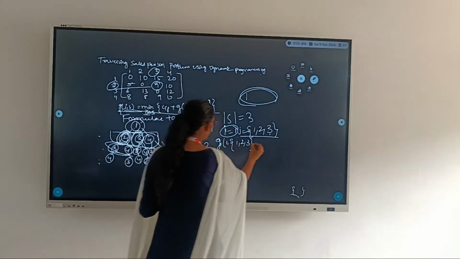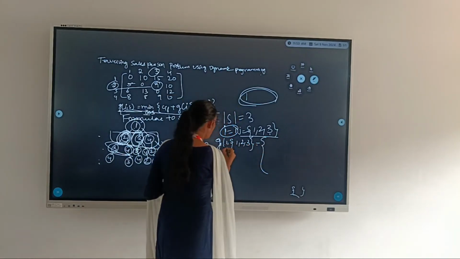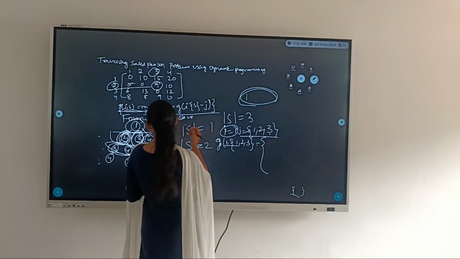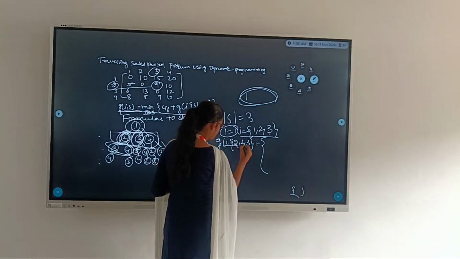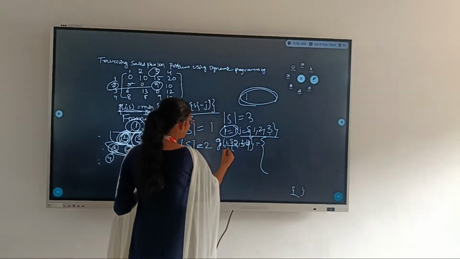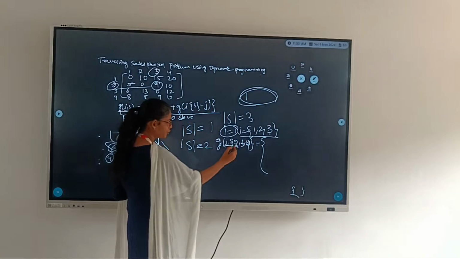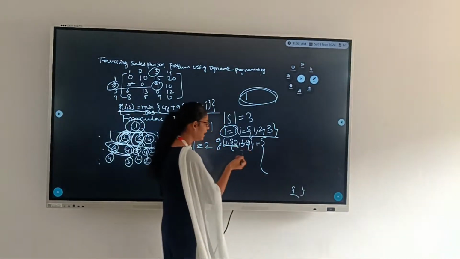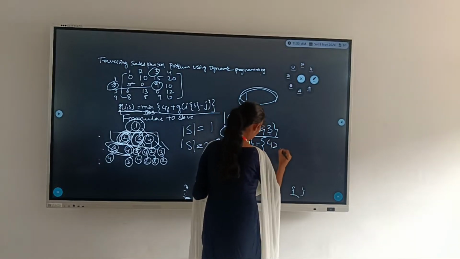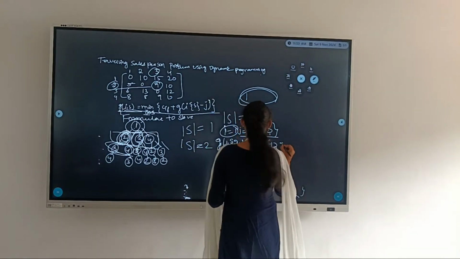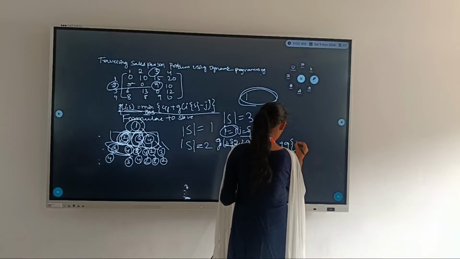By this we can form c of 1, 2, 3, 4. So we can form column number 1 with 2, column number 1 with 3 and column number 1 with 4. So here I am forming C1 2 plus G of, here i is 1,